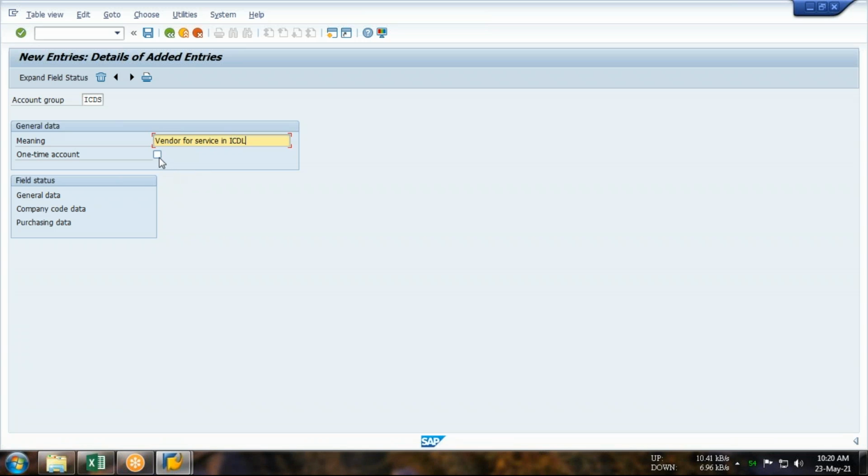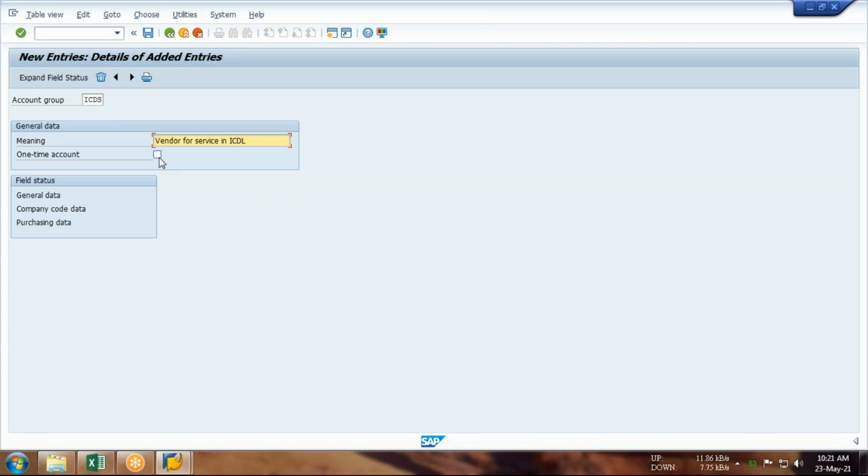Guys, here there is an option called one-time account. Students often ask, sir, what is the usage of this one-time account? So guys, try to understand. One-time account means, for example, you are going to purchase some goods from a vendor once in a lifetime, and from next year onwards you are not going to buy anything from that vendor.